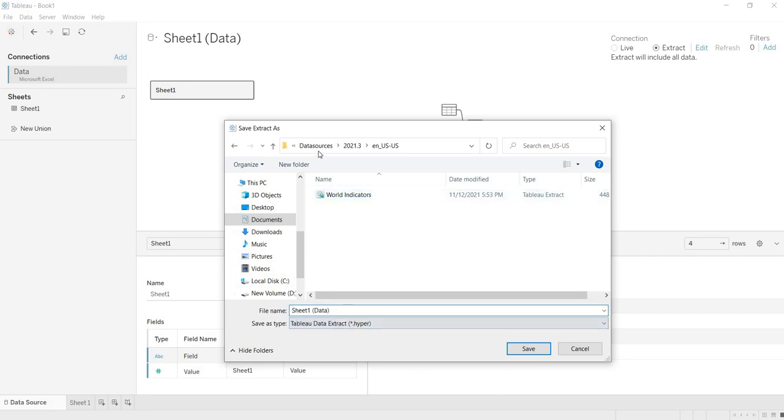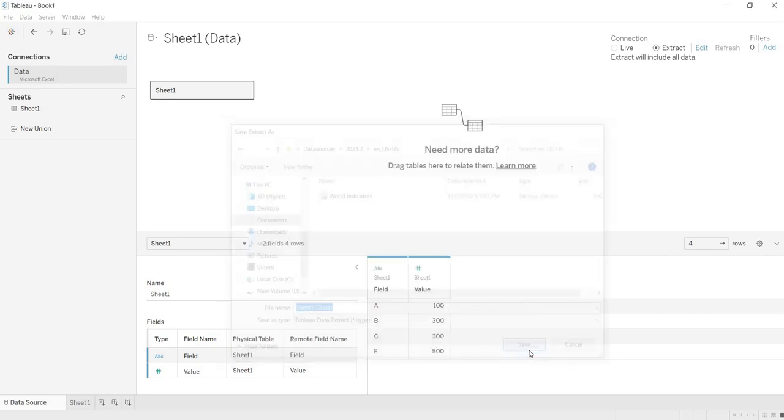See where I am saving, under My Documents, Data Sources. When I click on save, the save as type is Tableau data extract, dot hyper. What is that hyper? Let us understand. Click on save.